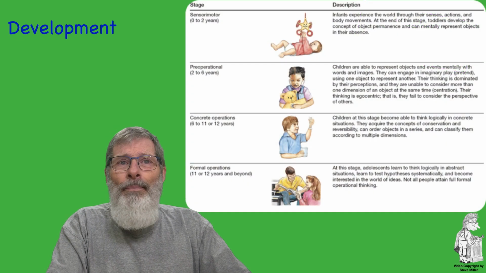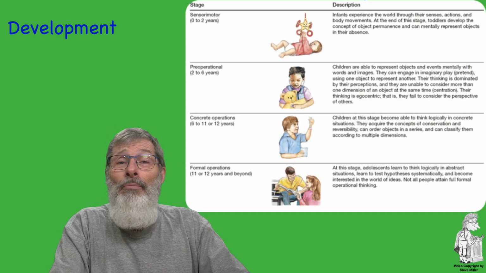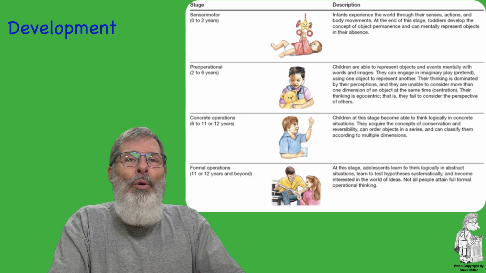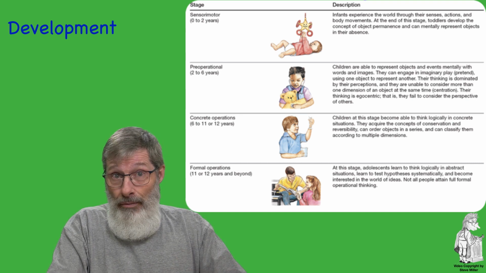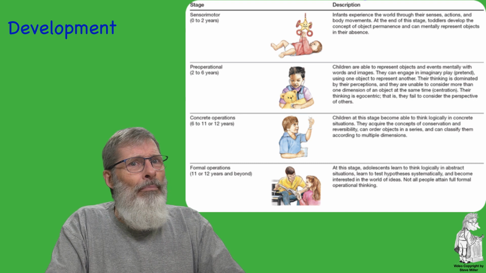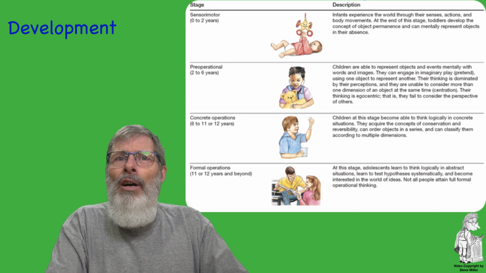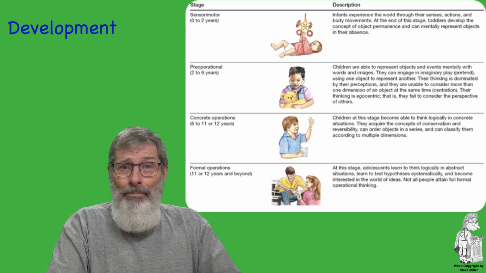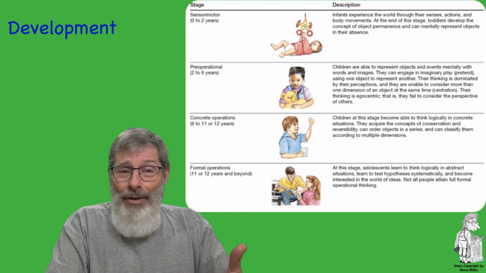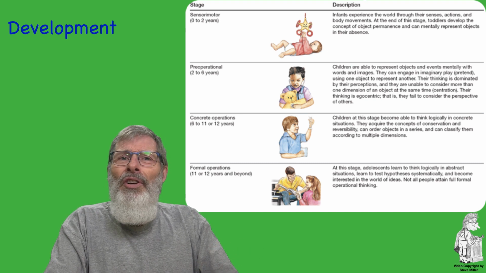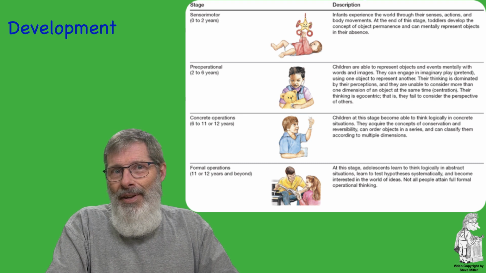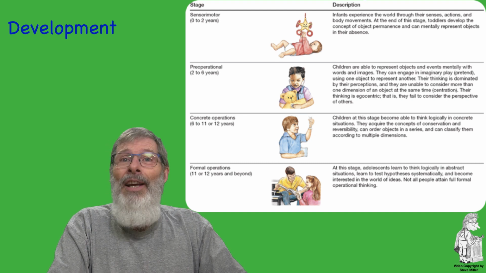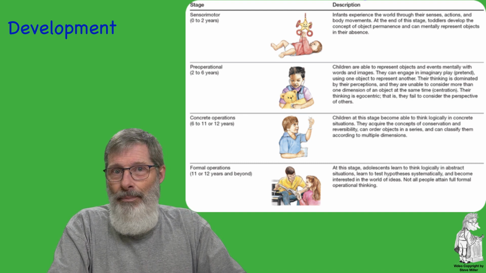The first stage is known as the sensorimotor stage, and it's roughly from birth to 2 years of age. The newborn is capable of assimilation. By about 8 to 12 months of age, the infant realizes that objects that are removed from sight still exist. You remember the game Peekaboo? It disappears and then it reappears. And this is called object permanence.